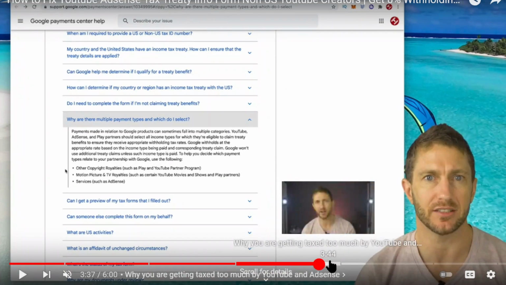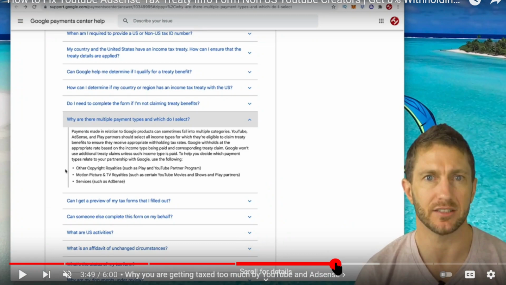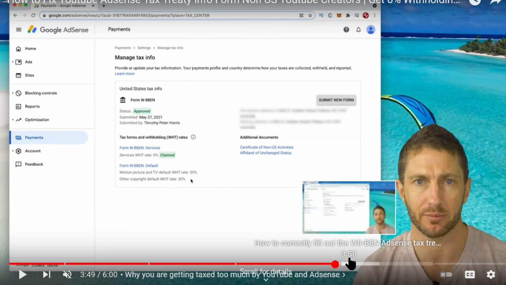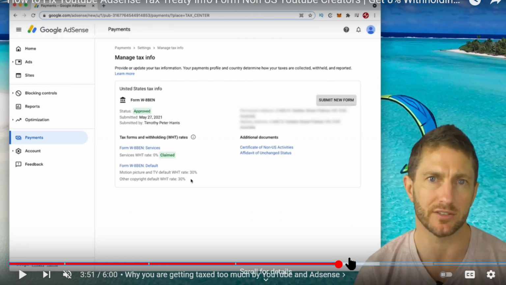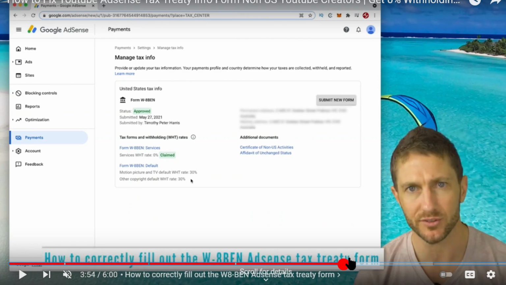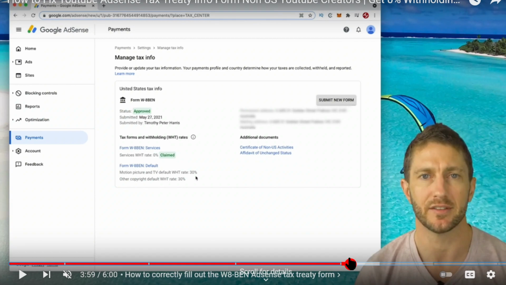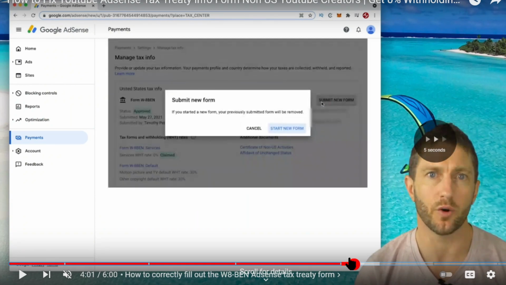Anyway, let me see if I can show you. Yes, you can see when he starts to fill the submit new form. This was the older form. Let me push five seconds forward. You can see how he blurred his address and things like that, but I couldn't do that with this. I tried like four different plugins.